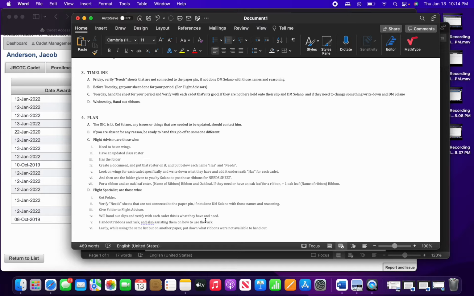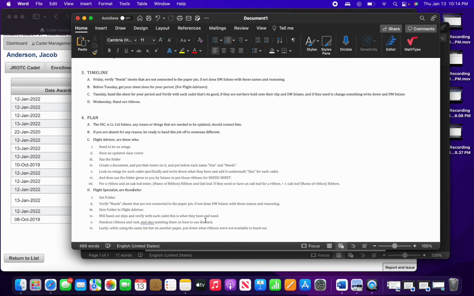And then lastly, if there aren't any ribbons to issue, so let's say this person had a service ribbon plus oak leaf, then you'll have to get a separate sheet and put not available, and then you'll put needs blank, so that service ribbon plus how many oak leaves, because you can't get that oak leaf if you don't have that service ribbon. And if it's just one ribbon, obviously you put that one ribbon. There are going to be some ribbons, specifically the service ribbon, that we don't have, so you're going to have to do that. And then once you do that on that separate piece of paper,